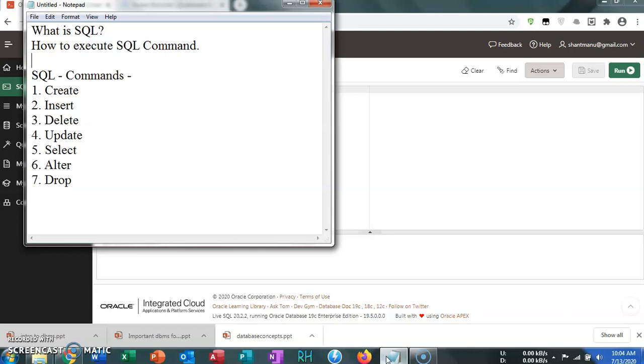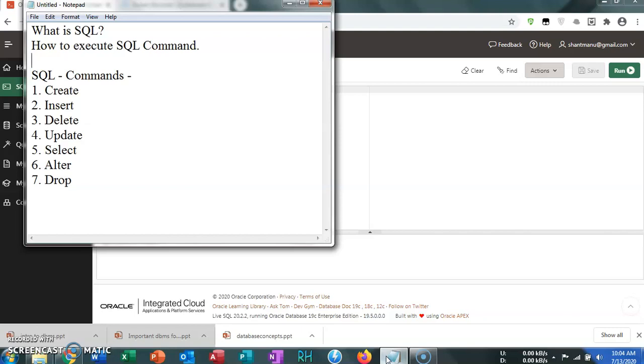Then insert. Insert command is used to insert the records into the table. Then what is delete? Delete is used to delete the records from the table. Next command is update. Update is used to update, or you can say modify, the content or records from the table.